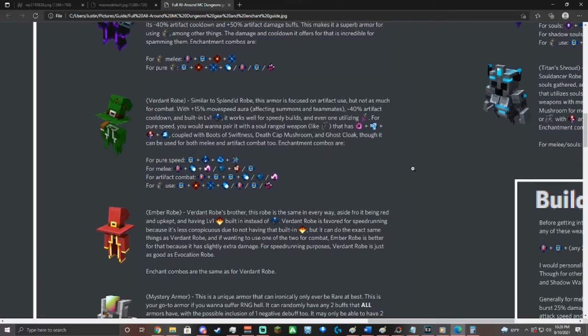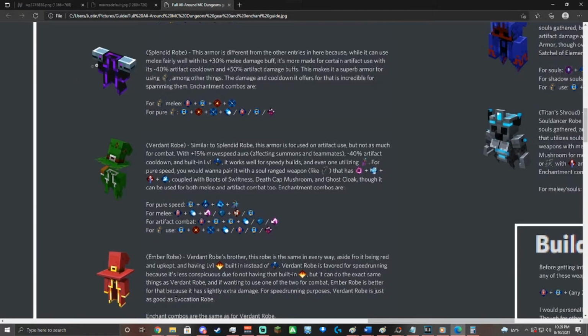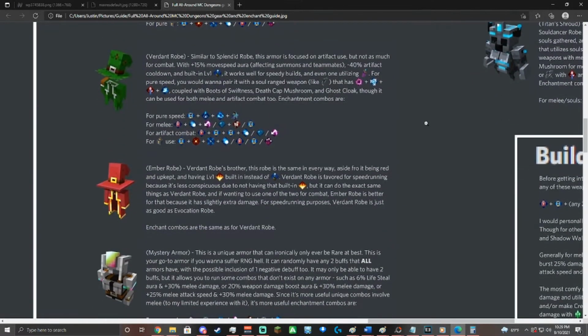And these next 2 armors here, they are very similar for combat with Splendid Robe, but they have different uses that they do better with. First one here being Verdant Robe. Similar to Splendid Robe, this armor is focused on artifact use, but not as much for combat. With 15% move speed aura, which affects both summons and your teammates, 40% more artifact cooldown, and built-in level 1